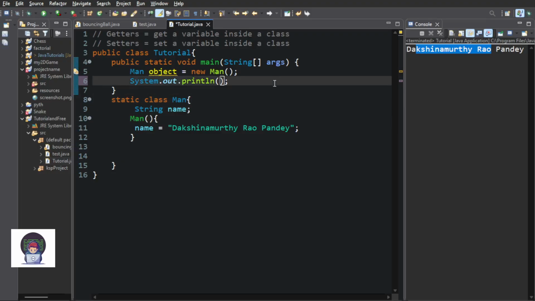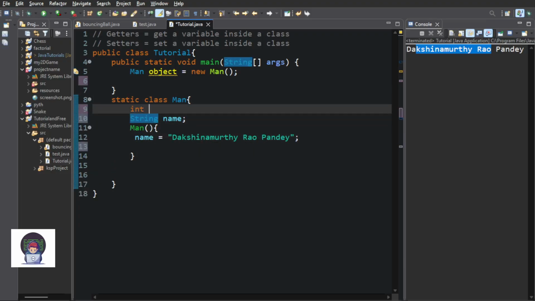We don't want to just do this, because if you have it like this, anyone could just do object dot name is equal to something. Let's say I have a bank,